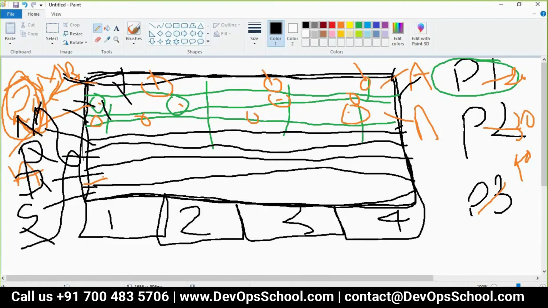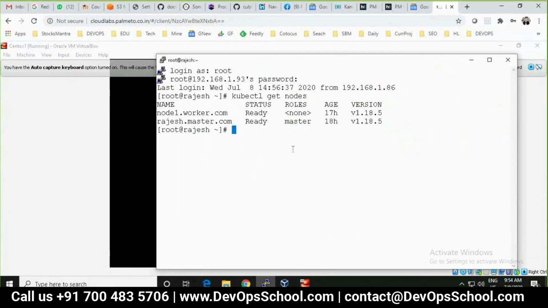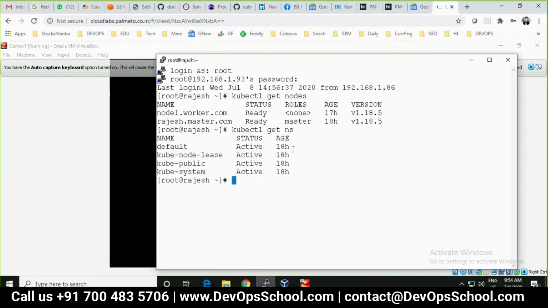I hope you have understood this conceptually. Now can I show you those namespaces? kubectl get ns, and you see these are the namespaces you have: default, node, public, system. Next, how do we check which pods are running in the system?